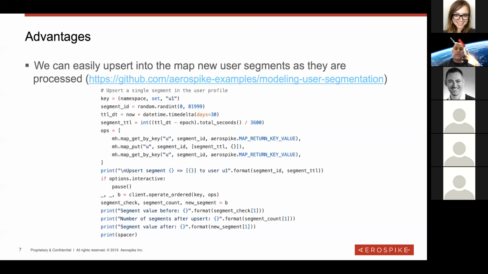Now, if you look at this article, what I do is I randomly create a user profile, and then I do this update. Now, the update is going to be an upsert. If it doesn't exist, it will actually enter it there. And if it does exist, it's going to just update in place the segment in the map. So when I'm creating this randomly, I don't know if it's there or not, but you'll either see that it's new and it'll have the segment TTL, or you'll see that there was a segment already there with an older TTL, and now we've updated the TTL. So in this case, we've just pushed the expiration forward in time a bit.